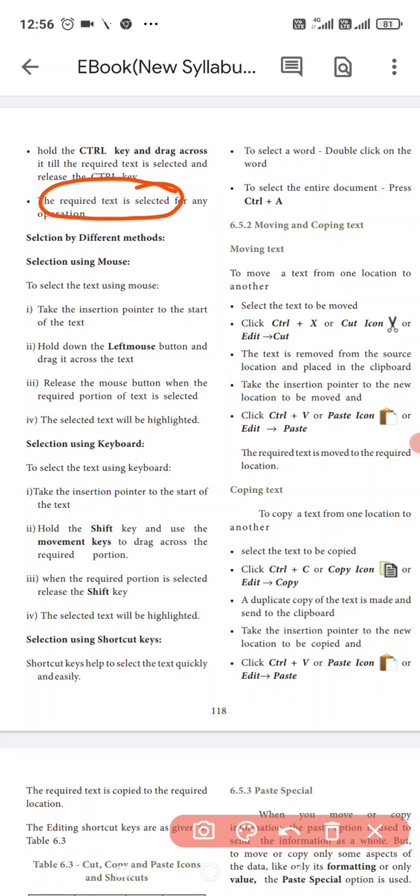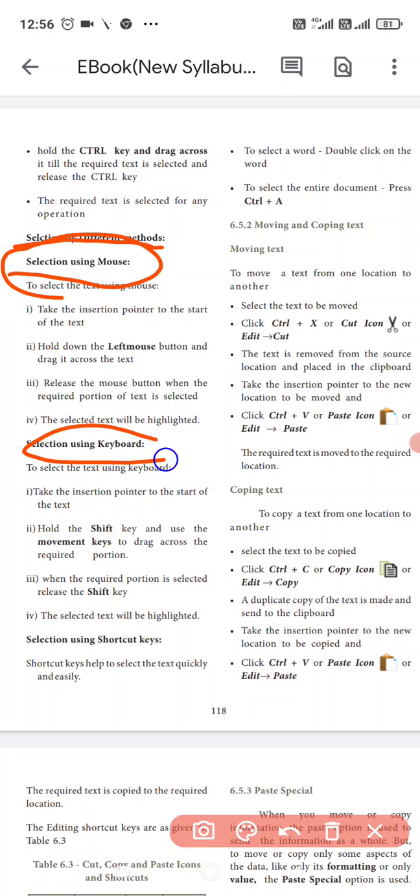Okay, next I will teach you selection in different ways. First of all, how to select the text: you can select with the mouse, with the keyboard, and with the shortcut method. Three methods. First, the mouse, step by step, so listen carefully.